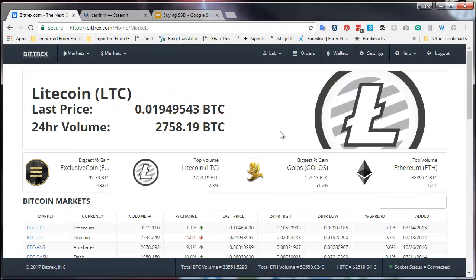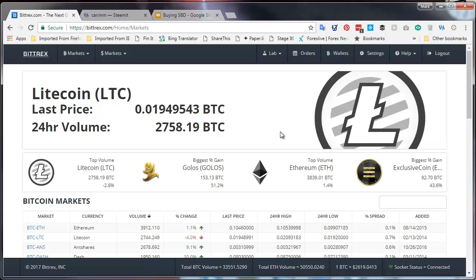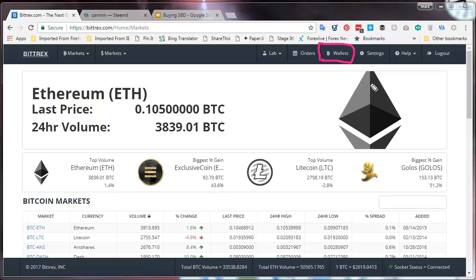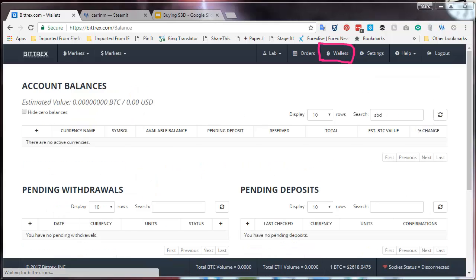So it's bittrex.com. I have already logged in. It does require two-factor authentication to do that logging in. And what I'm going to do is go up to this item here called wallets. So we're off to wallets,